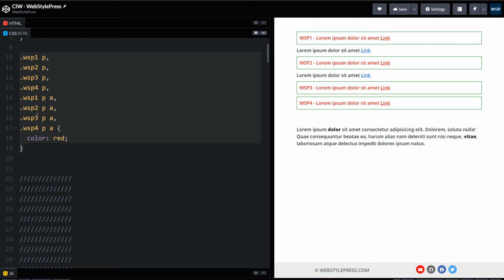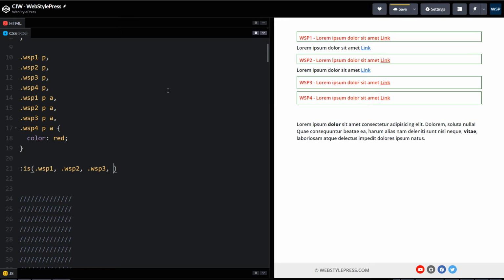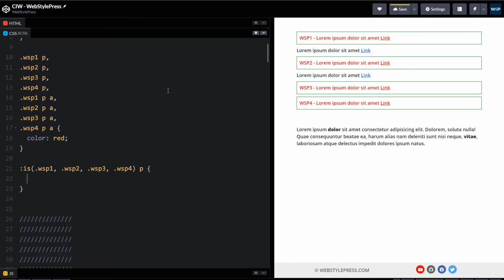So instead, in CSS, we can use the :is and :where functions. It is like :is(.WSP1, .WSP2, .WSP3, .WSP4), and then we'll select the paragraph inside these and we'll use color red.